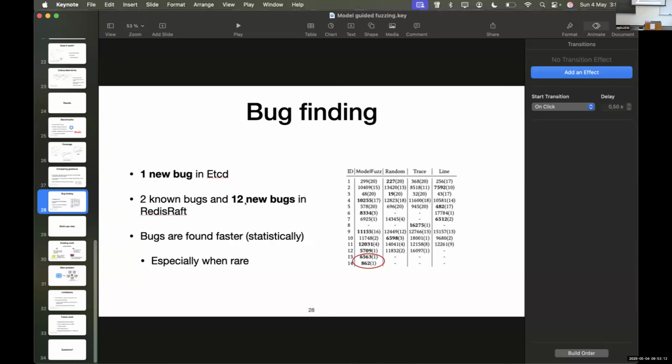Yeah, and one more question. We've just talked about different specifications for a certain system like etcd, Redis. To what degree can your technique ModelFuzz be used to actually come up with a specification, if you don't care about bug finding right now, because you don't have a specification yet?